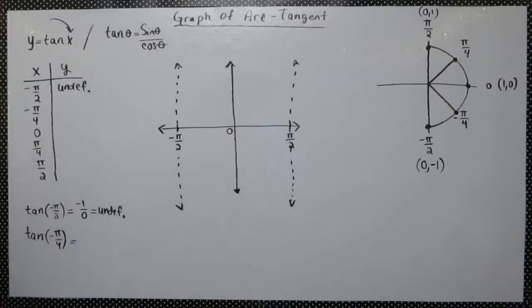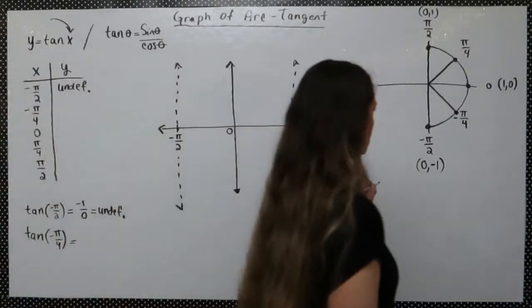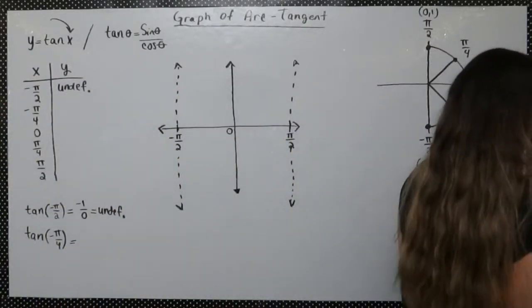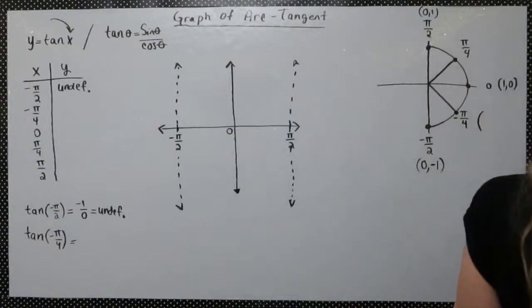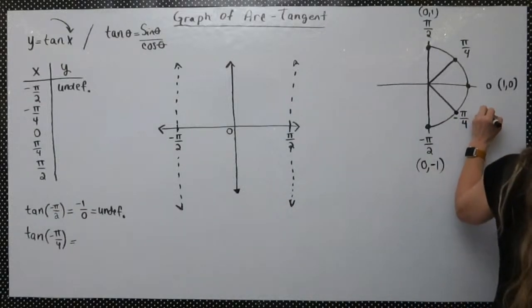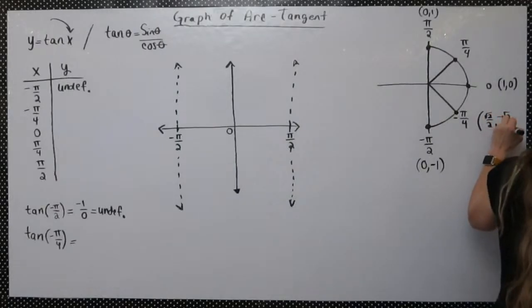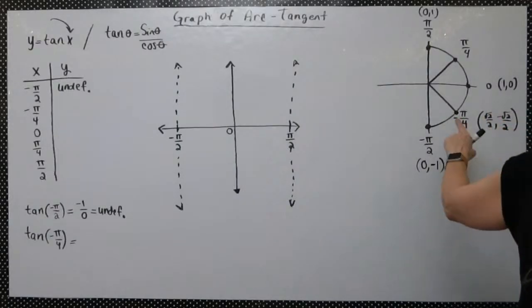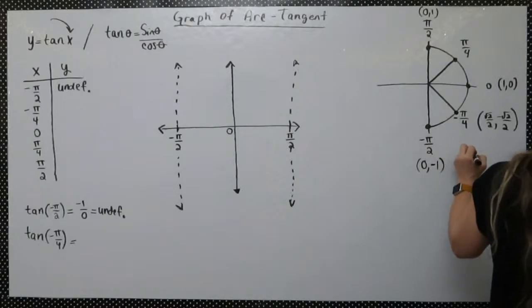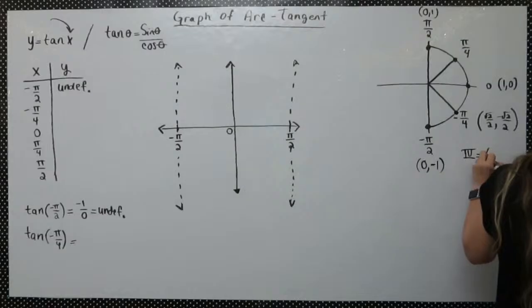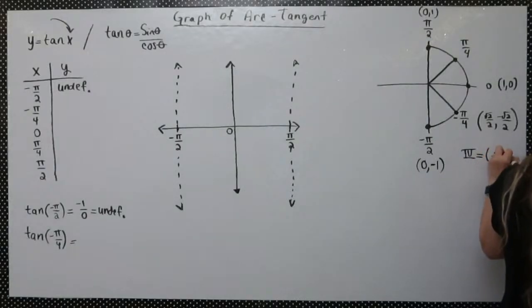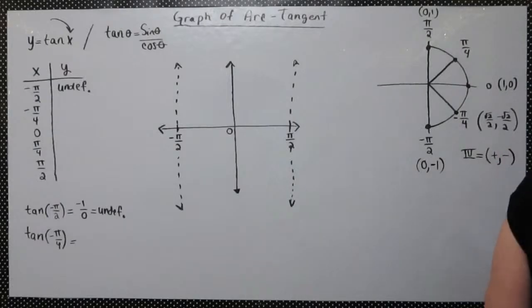And recall right here this value. And I happen to have that memorized. That is going to be positive radical 2 over 2, comma, negative radical 2 over 2. That is because in the fourth quadrant, you have your x values, your x component is going to be positive, and your y component is going to be negative. So we've got